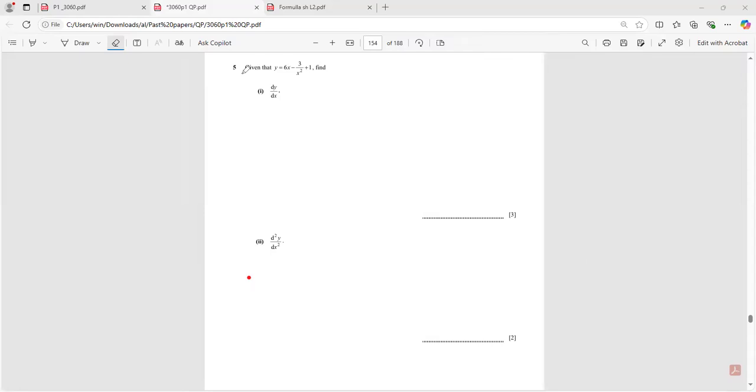Okay, question 5, first derivative and second derivative. Here we have y equals 6x minus 3 over x squared plus 2. We don't have to leave it like this. We have to rewrite it before we take the first derivative or the differentiation. So first, we are going to say y equals 6x minus 3x to the